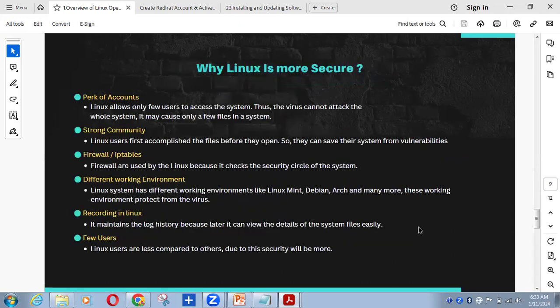Next, why Linux is more secure. Okay, why it is secure. We have come to know why it is secure. Now we are going to see some points related to it. Perk of accounts. Linux allows,